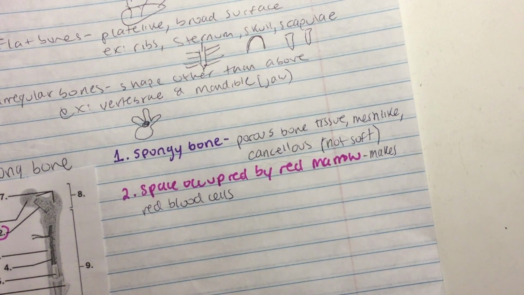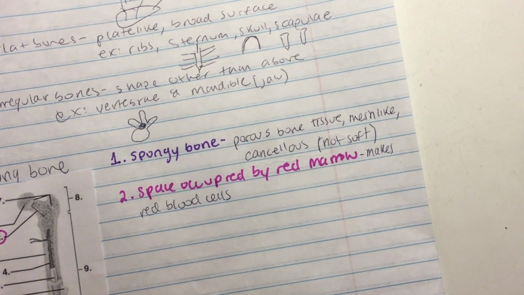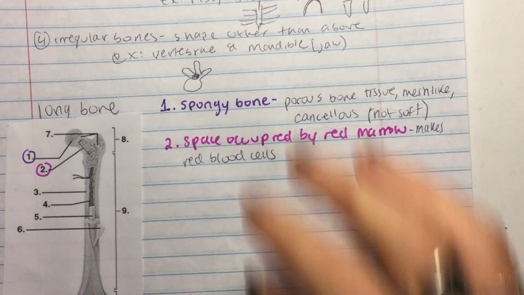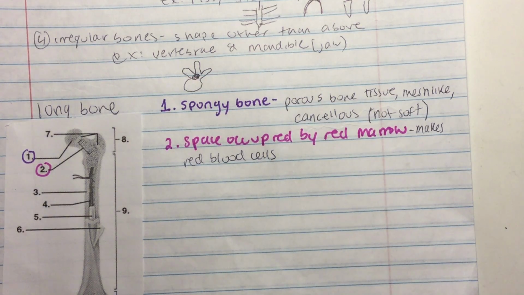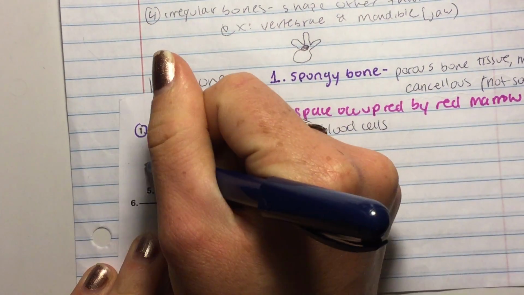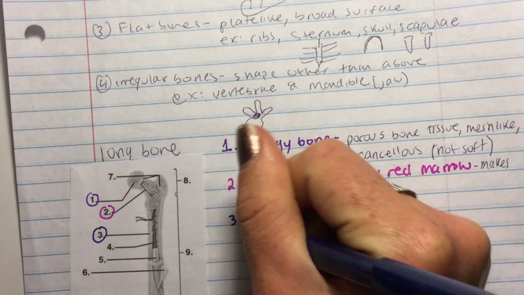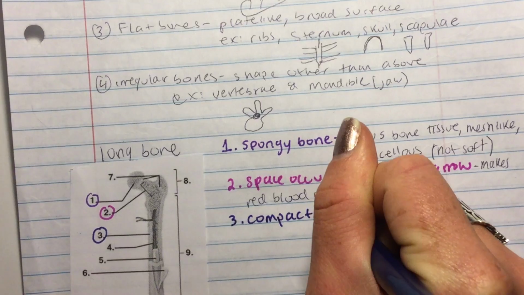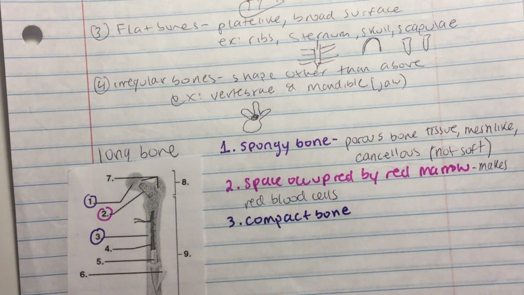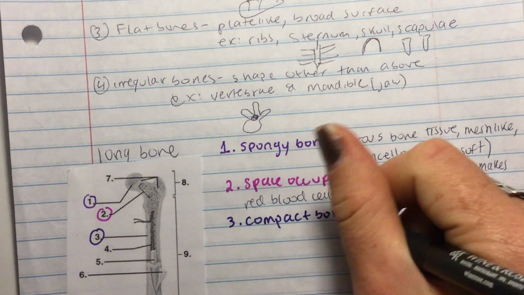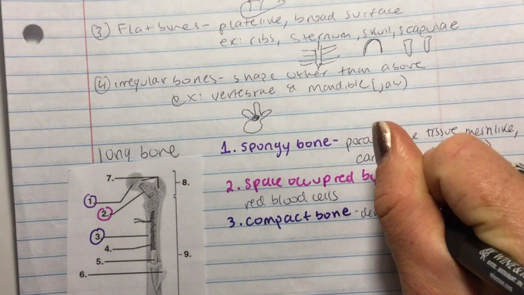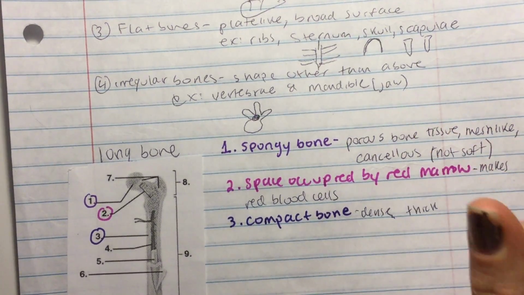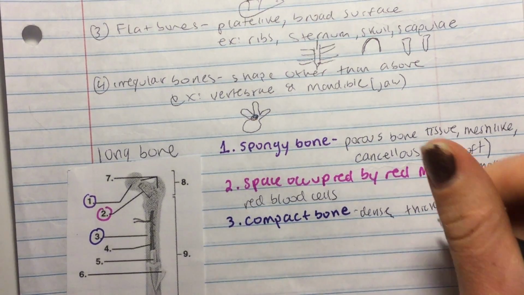All right, number 3 is compact bone. So this is basically the opposite of spongy bone. Instead of being porous and mesh-like, it's very dense and thick. So we'll go over here, we'll circle number 3, and we'll write compact bone. Okay, and like I said, this is dense, thick, and heavy,